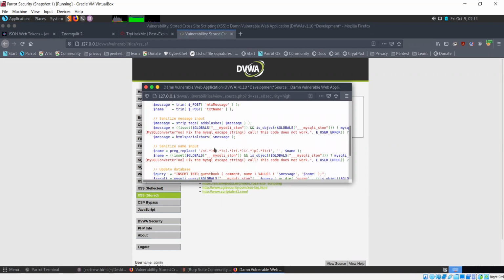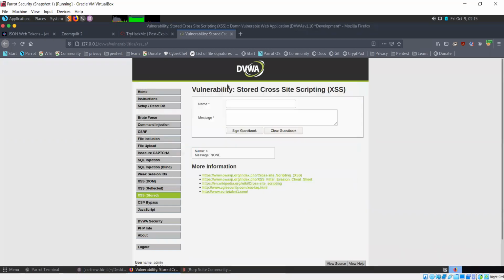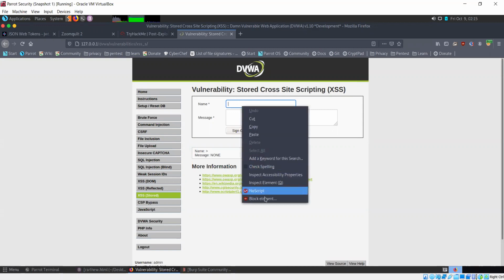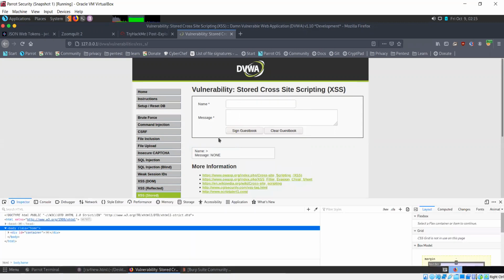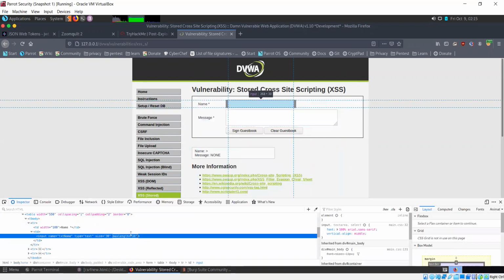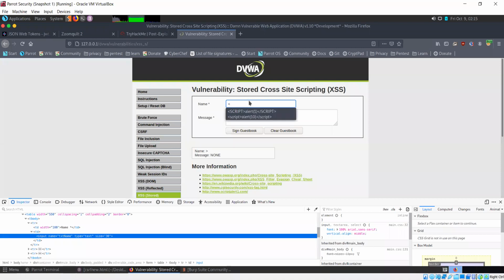So again, what they are doing is they are actually removing any instance of the word script here. But what we can do is, then we have our other payloads here. So we can use those instead.